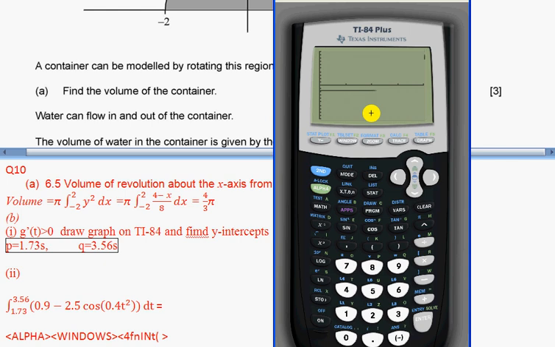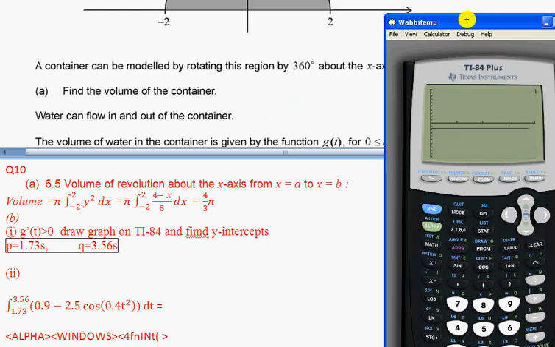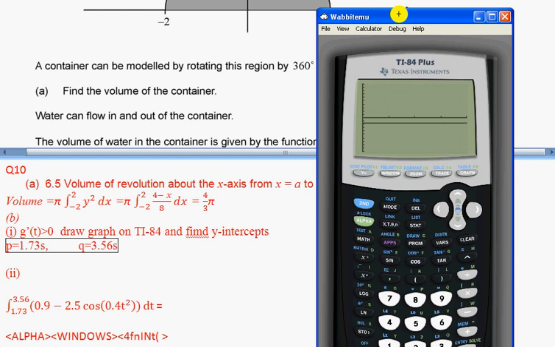Let's check what is wrong with the function. 0.9 minus 2.5 cosine of 0.4 x squared. Okay, actually it should be,